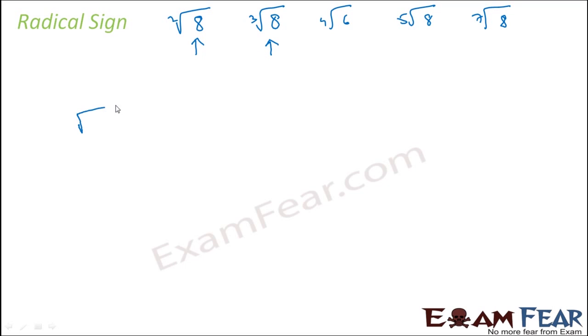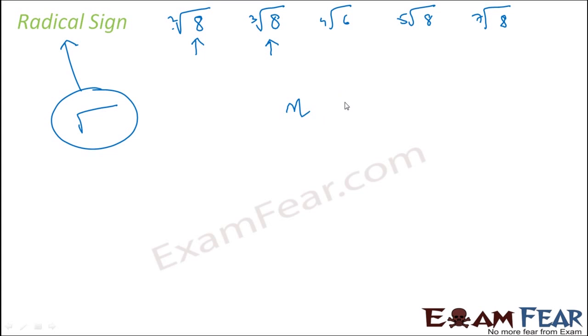So let's understand an important concept: the radical sign. What is the radical sign? You must have seen this kind of symbol, right? Root 2, or you have something like this, where there will be some power here. This is root 8. This is cube root 8. So this symbol is called the radical sign, and these values 2, 3, 8 can be any n.